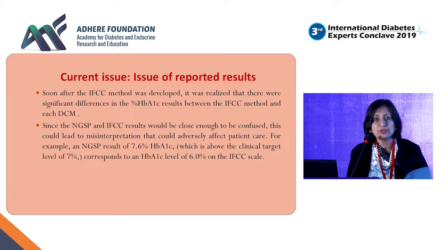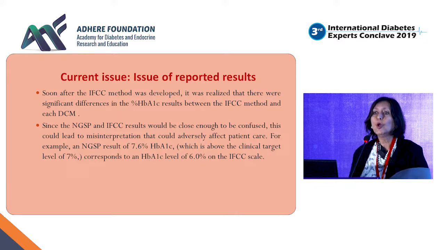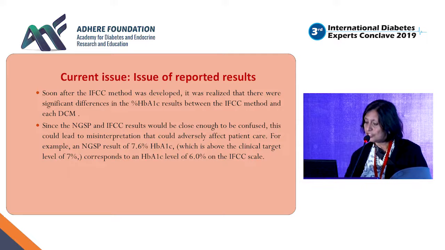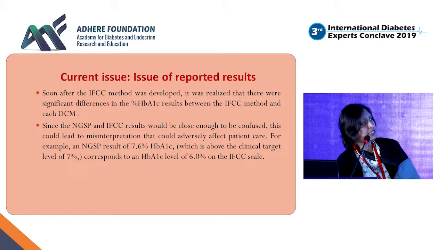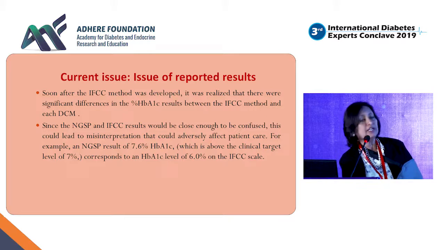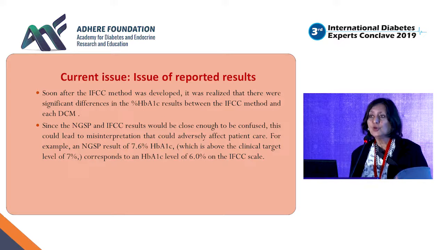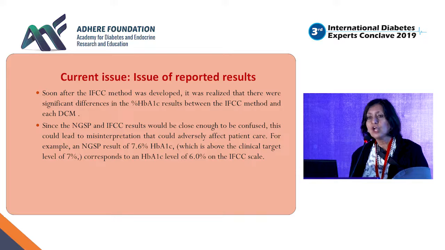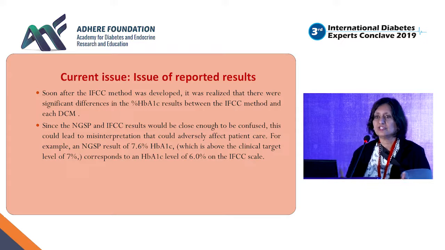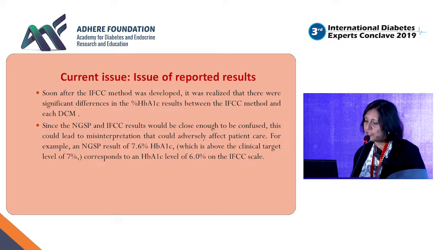NGSP gives you percentage of HbA1c, whereas IFCC tells you millimoles per mole. Again, there is a difference in the reference intervals and reference ranges. Now, look at this. An NGSP result of 7.6% is equal to 6% on the IFCC scale. So unless you know as a clinician what the reference range is, if a person has done labs, and today we know patients do window shopping in labs, going from one lab to the other, with a difference in the methodologies, you're not going to understand if you don't look whether it is NGSP or IFCC. So any conversion of results in routine practice from the current in issue could cause massive confusion